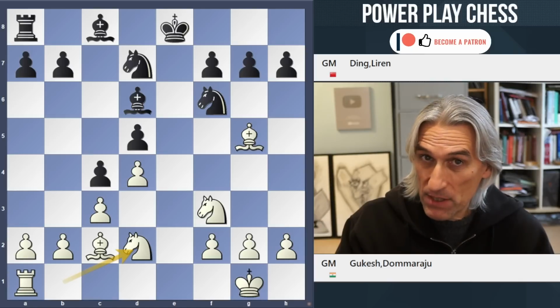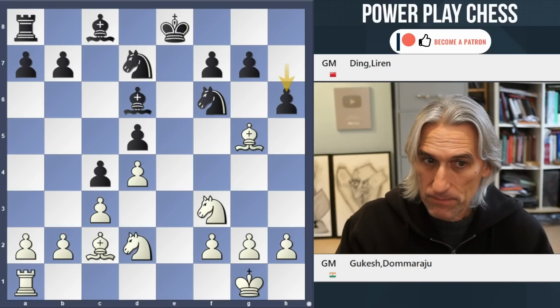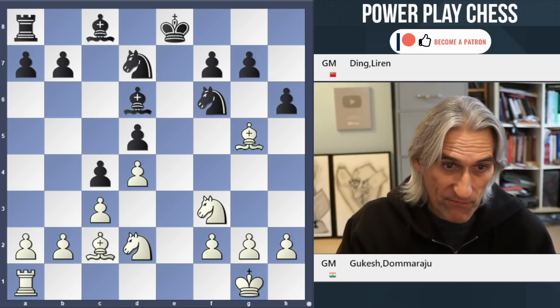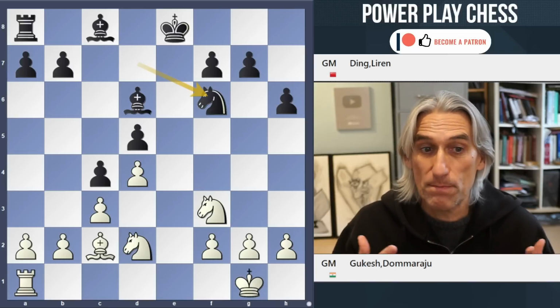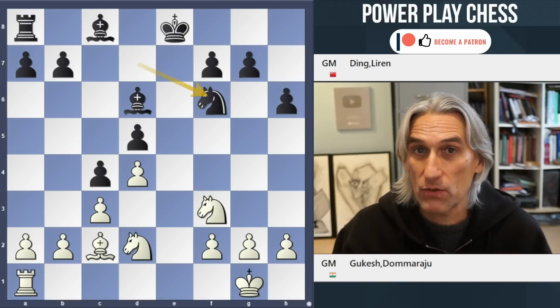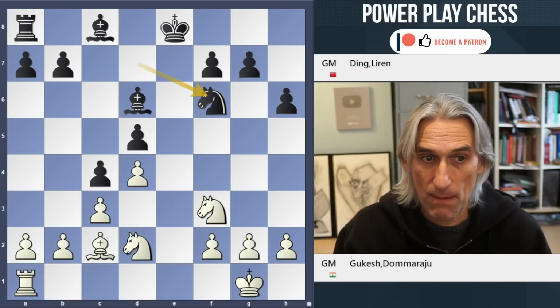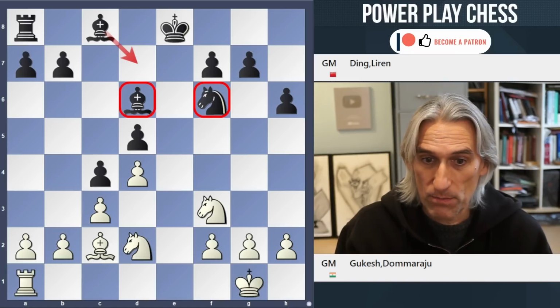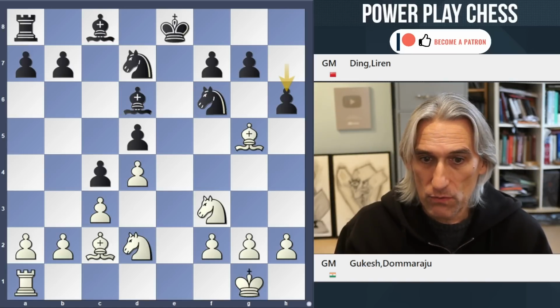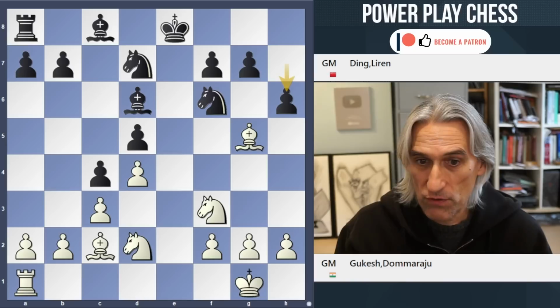But it was worth it because he came up with a good plan. h6, attacking the bishop. Well, if the bishop exchanges off for the knight, then of course that solves a lot of black's problems. The bishop will come out. This is very, very stable. Black has the two bishops. So the bishop came back to h4.